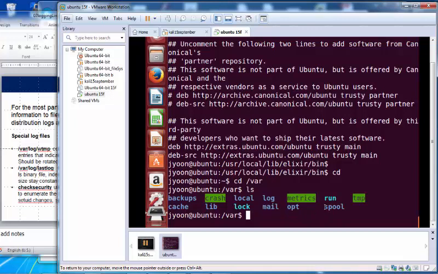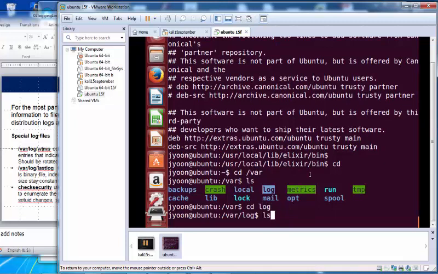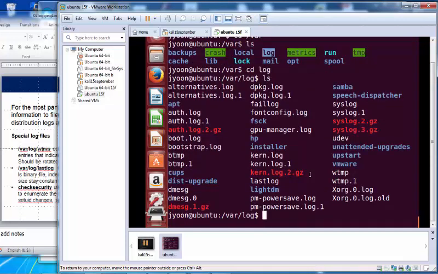Cache or spool. Spool is a directory for when you want to communicate with external sources. Then it comes into spool and waits. But anyway, if you come here to var, there is a directory called log. So cd log and ls. Guess how many log files are available? Type ls. So many log files.